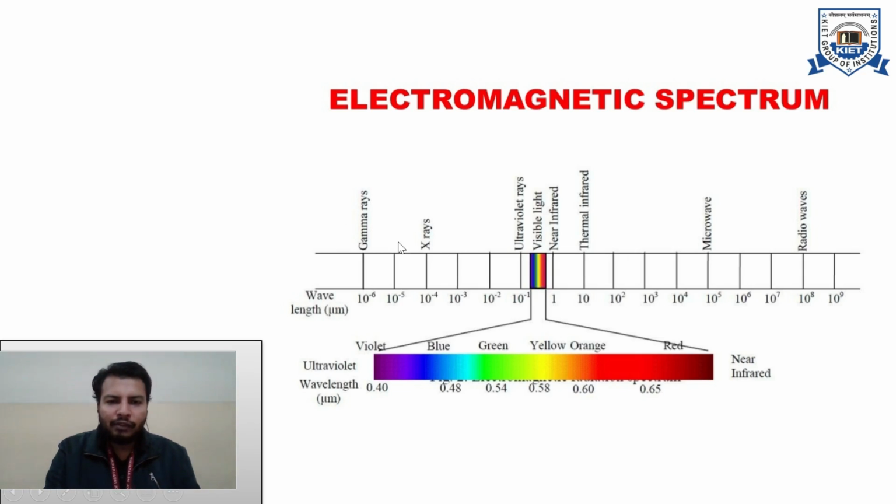So this band from gamma rays, X-rays, and the shorter wavelengths of ultraviolet rays is not available because it is not reaching the surface of Earth. It is either getting scattered or absorbed by the atmosphere. This shorter wavelength band is not available for remote sensing. Some portion of ultraviolet rays, which we call photographic ultraviolet or photo UV band, the larger wavelengths of the ultraviolet band, is reaching the surface of Earth, and the visible band is completely reaching the surface of Earth.